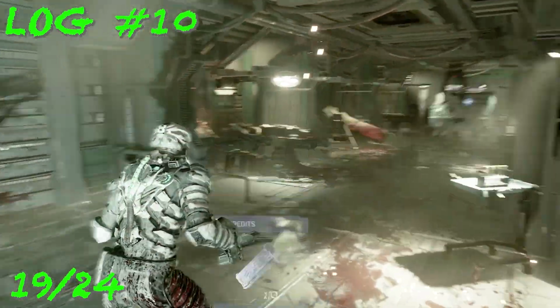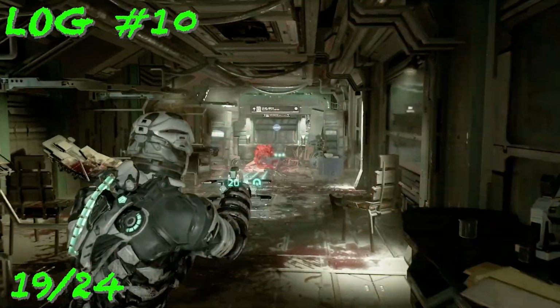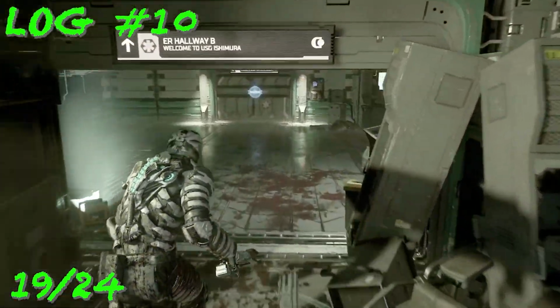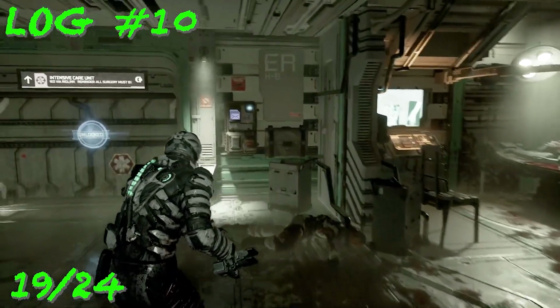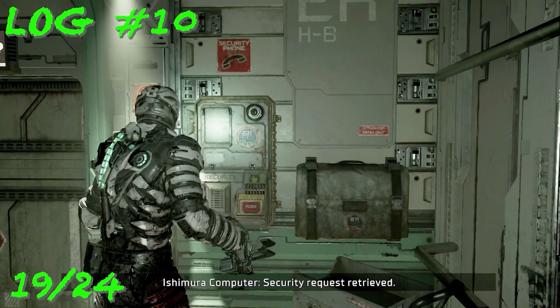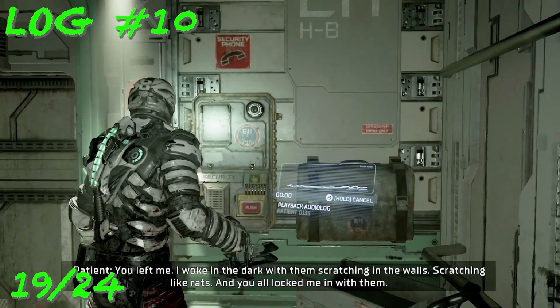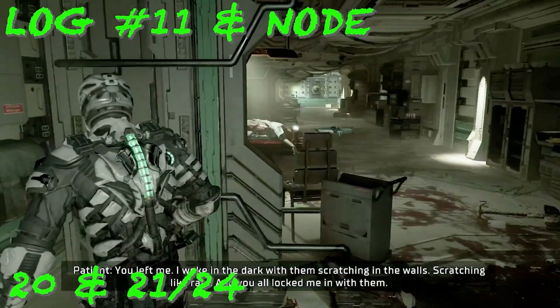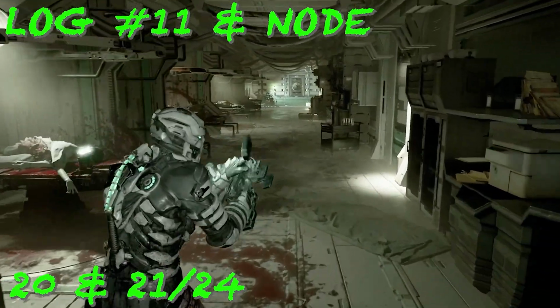So take a right, and I guess another enemy. So take him down, and across the hallway, you'll see on the wall, there is our collectible, as in our log. Now from that log, we're going to take a right, and all the way across the